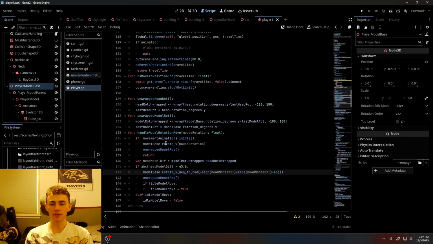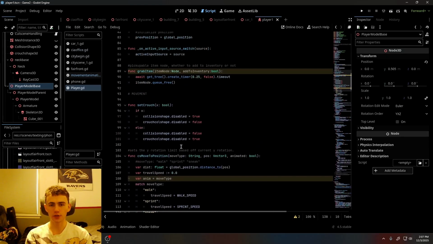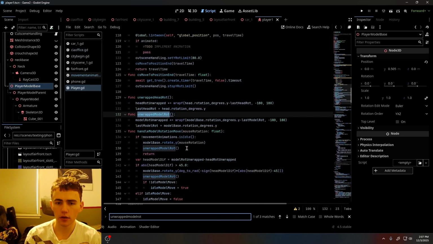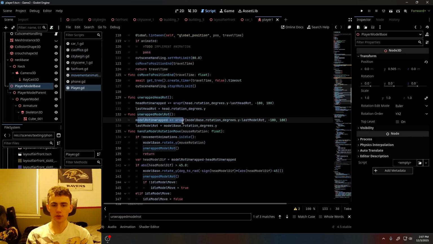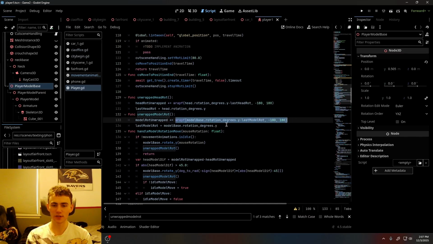So basically I just have this unwrapped rotation function, which I can find here, and it literally just adds the difference in rotation from the last rotation the model was in, and doesn't wrap it. Well, it does wrap the difference of rotation,